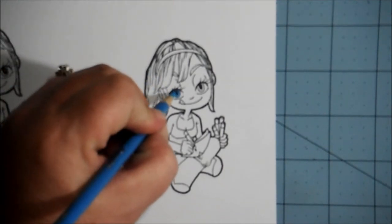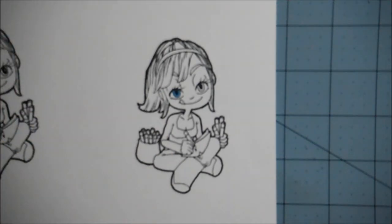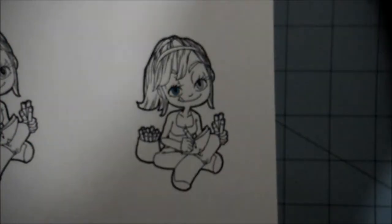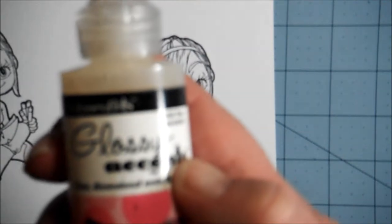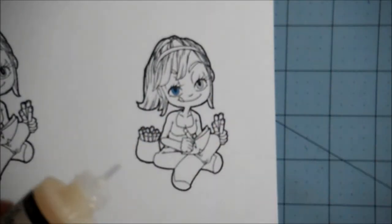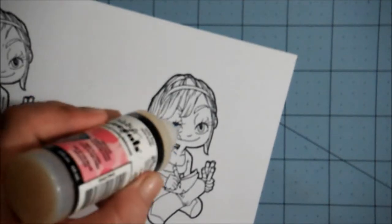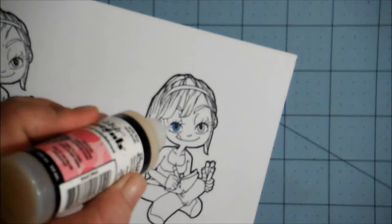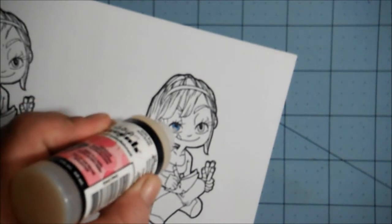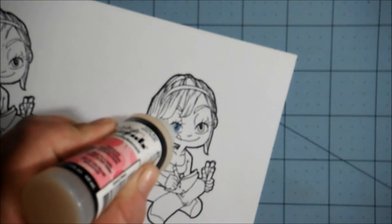Okay, so I'm not going to worry about coloring perfectly because this is just for demonstration purposes. And then I would take glossy accents, and you don't want to put too much. I'm sorry, I'm going to hope I don't get my head in the way of me doing this. You don't want to put too much, but you can just do the black and the blue area